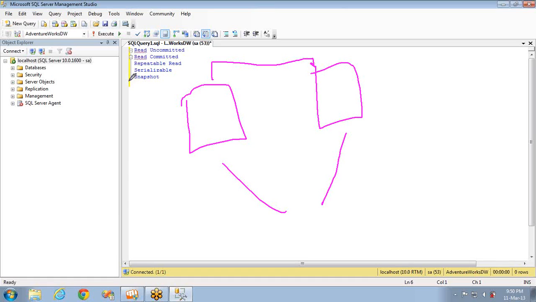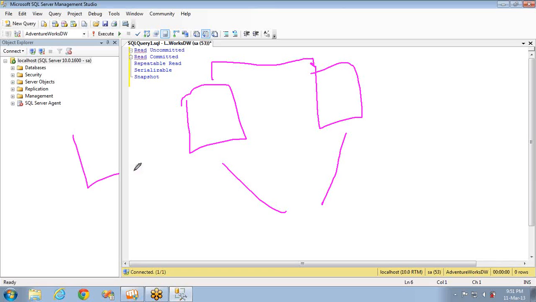Actually, the serializable isolation level is implemented using a different locking mechanism. It's like a key range locking mechanism. Instead of locking a particular row, it will lock the index. You don't know about indexes yet; we are yet to discuss them. So just keep in mind, these acquire locks for index entries rather than locks for particular pages or the entire table. So any modification operation of another transaction cannot be executed because the necessary changes of index entries are not possible.